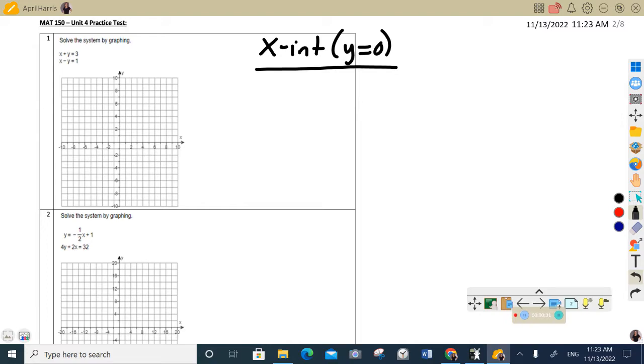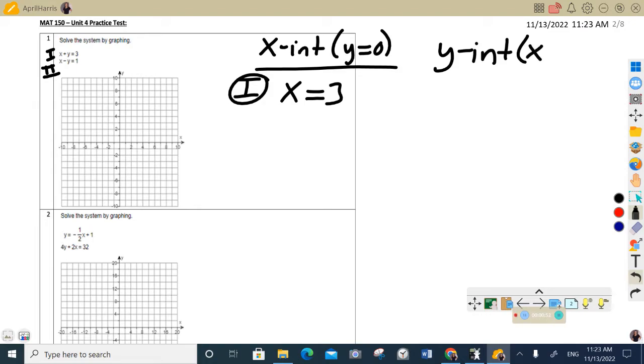All right. So in the first equation, we'll call these 1 and 2. In the first equation, we have x plus y. So that's going to be x plus 0, which is just x, equals 3. So that's the x-intercept for the first equation. The y-intercept is the value of y when x is 0. So in that first equation, if you let x be 0, you have 0 plus y, so y equals 3. So we now know that the x-intercept is 3, so that's going to be here, and the y-intercept is 3, and you're just going to connect that with